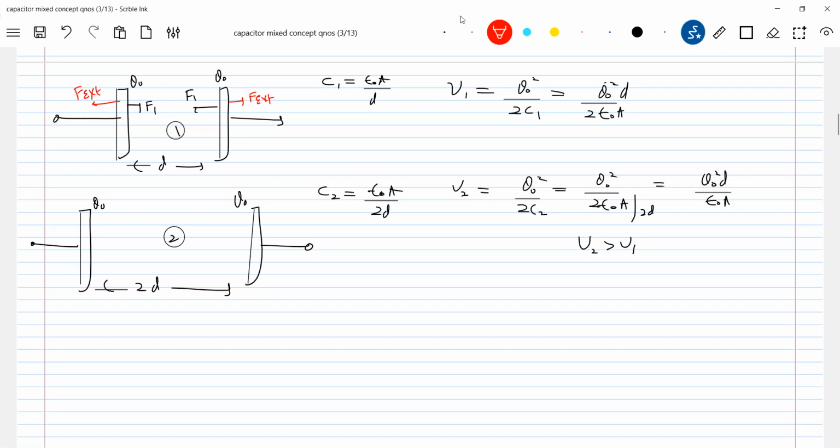On the other side, the electrostatic force will be acting on it. So slowly, from rest to rest, I'll move the plates. Then I increase the separation from D to 2D. So what I got is that the energy in the capacitor got increased. From where has this energy come? The mechanical work done by the action agent got converted into an increase in potential energy of the system. Look at the capacitor, what it is.